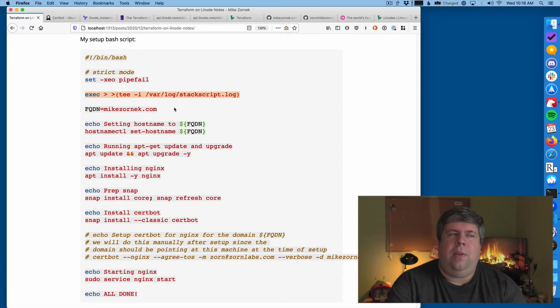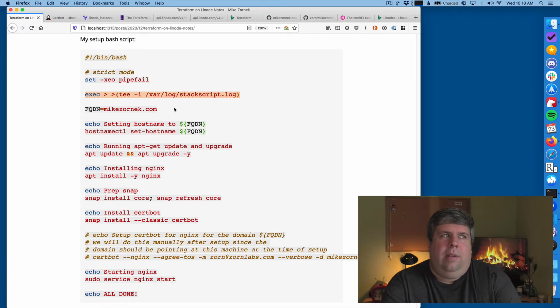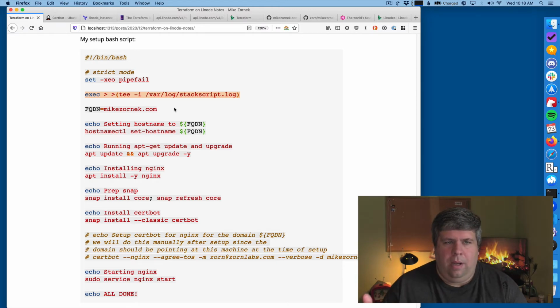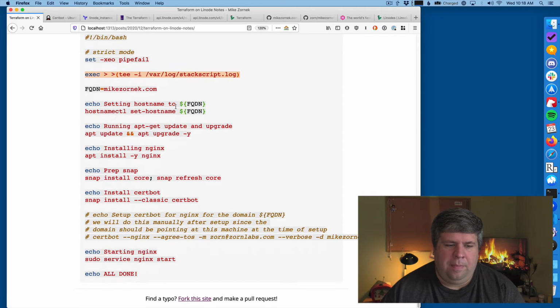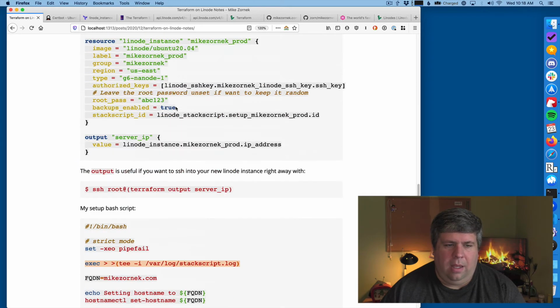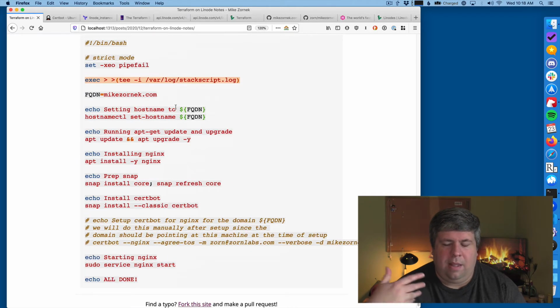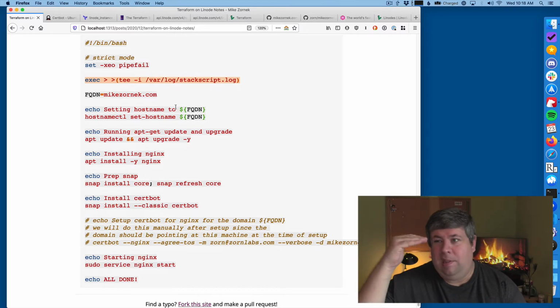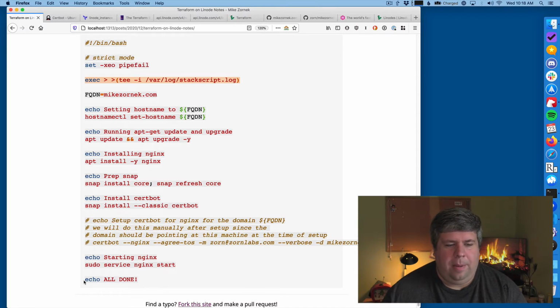So what I found myself doing was setting up the hardware, then SSHing in, and observing the log file, and that would help me figure out what it's doing. And you can see at the very bottom I put all done. So if I saw all done in the log file, then I knew that everything scripted actually executed.